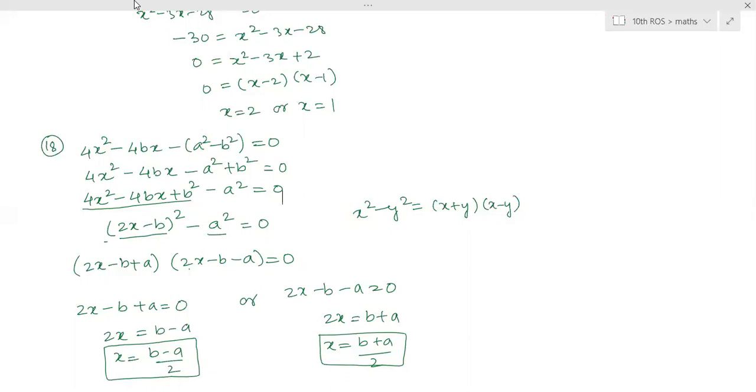Yes, it's plus, you can make it plus. Then also it's okay. I have taken it wrong; in the question it is plus 4bx. So you can solve the next question with plus, or if you want to change it here, it will be like this way. So it will be plus b, so it will become minus b minus a by 2. This is plus b, so minus b plus a. So it is a minus b plus a by 2.